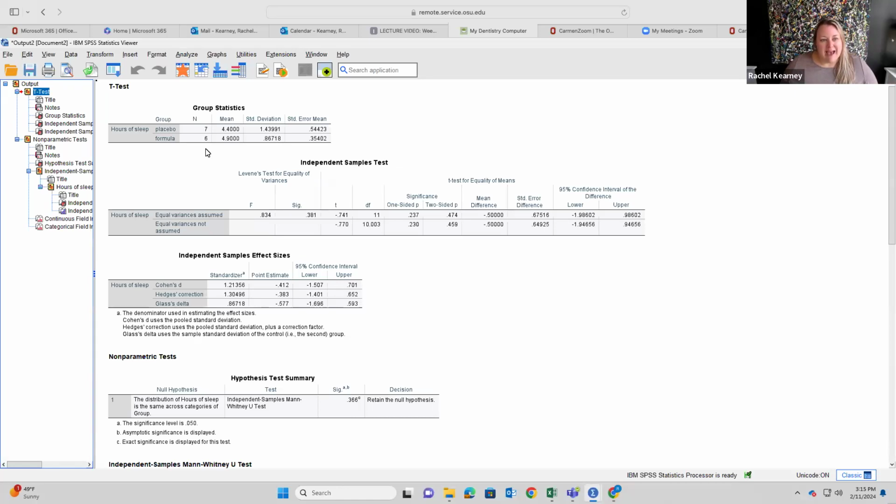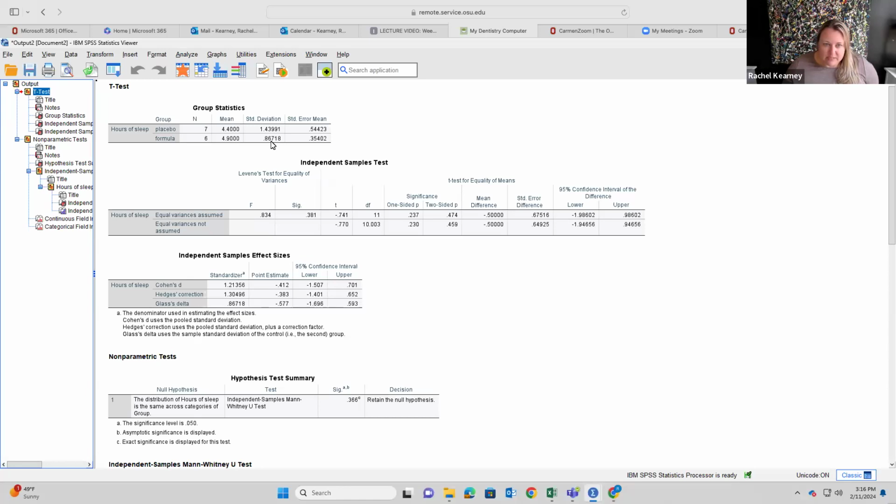This column N is how many people were in the placebo group and how many were in the formula group. So you can see there were 7 in the placebo, 6 in the formula, and so 13 total. Here you have the mean and standard deviation. So the mean for placebo was 4.40 hours of sleep, with a standard deviation of plus or minus 1.44 if we're rounding. For the formula group, our mean was 4.90 hours of sleep, plus or minus